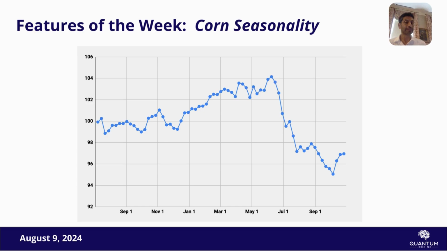And then look at this seasonality. When you look at the seasonality of corn from around the first week in June all the way till about the end of September, man, that is quite a drop. You're dropping from 104 to 95. That's a 9% drop. That's averaged over 30 years. When you look at the statistics, we've only gone up 30% of the time in that period. We've gone down 70% of the time.